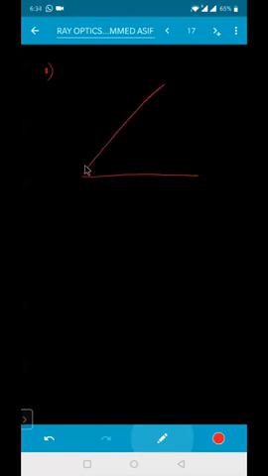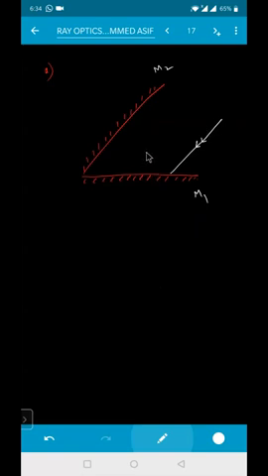These are mirrors. This is one mirror and this is another mirror. Think and give me the answer. These are the two mirrors. Now see how I am drawing the diagram. A ray of light is being incident on the first. This is one mirror, which is parallel to this mirror. Suppose this is mirror M1 and this is mirror M2. The first ray of light is parallel to your M2.